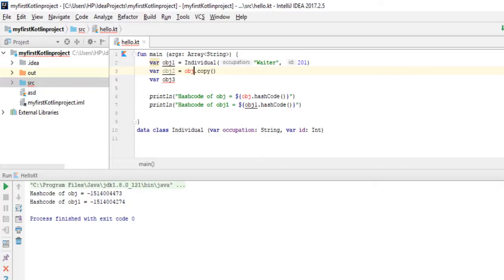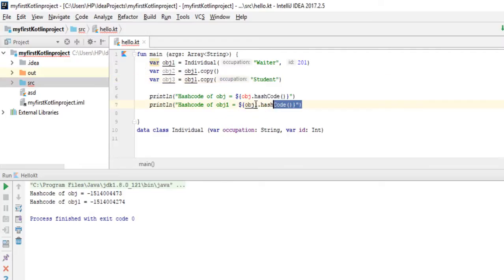So I have object 1, object 2, and object 3. Now this object 3 equals object 1 dot copy with different parameters. For example, I'm going to pass student. Now object 2 is an exact copy of object 1, but object 3 is not an exact copy because the first parameter of the primary constructor is different.